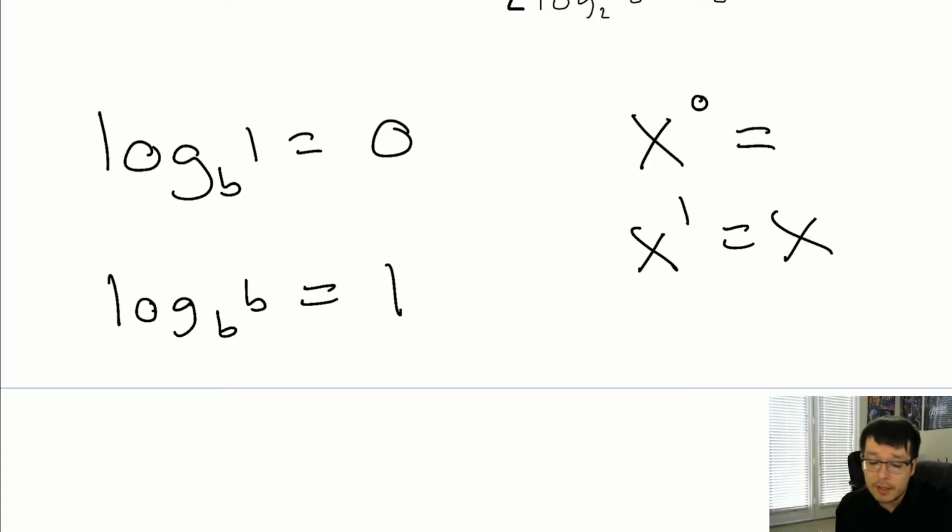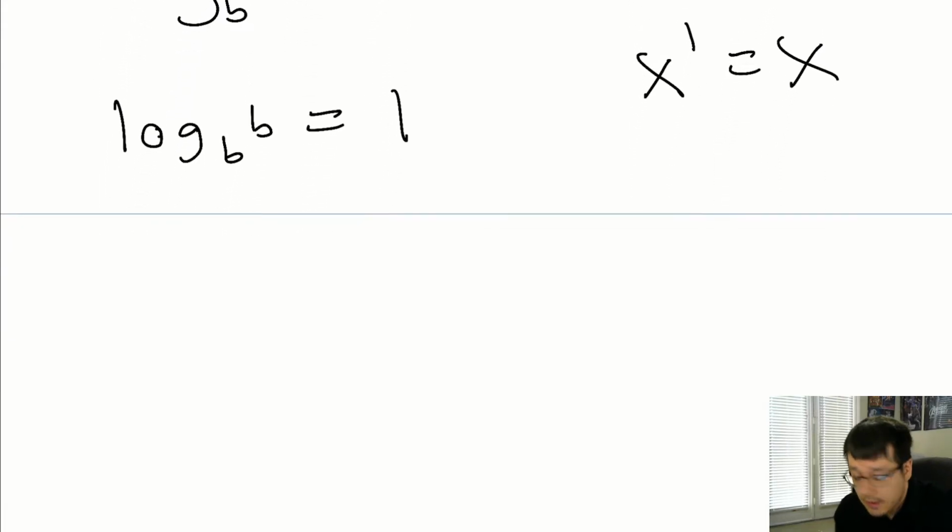But this is the one that people don't always remember, what that is equal to. So basically that's what these properties are telling you, that it's just equal to 1. Okay, so moving on, we have,